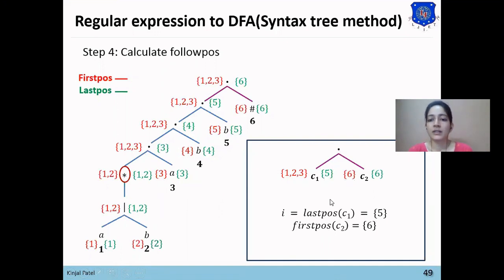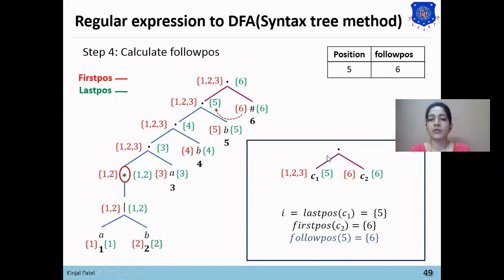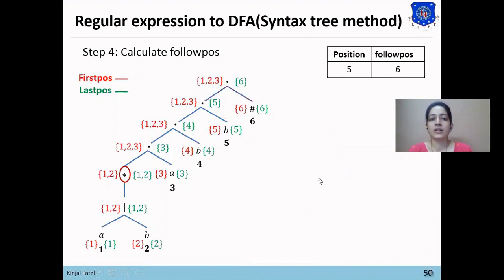From this, we can find the follow position of 5. So follow position of 5 will be 6. So follow position of 5 equals 6. Here we will also maintain one table for follow position. You can see that follow position of 5 is 6. Now focus on the second dot.